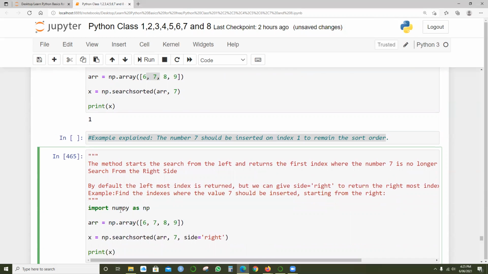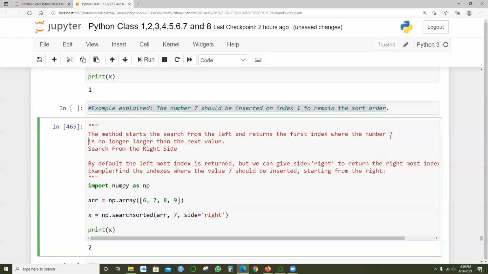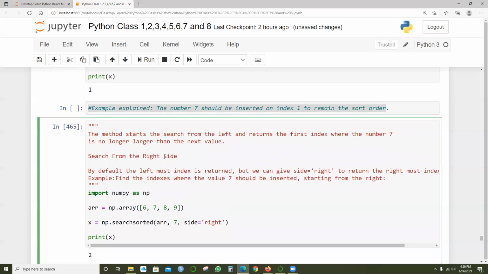Here, what we're trying to do is x equals np dot searchsorted array of 7, side right. The method starts the search from the left and returns the first index where the number 7 is, no longer searched from the right. You might be slightly confused, but don't worry. By default, the leftmost index is returned.